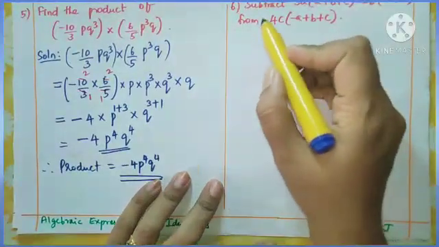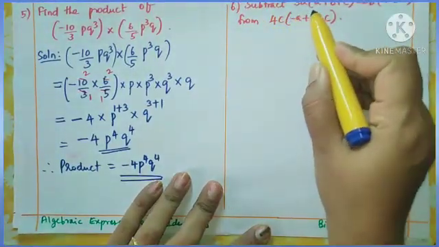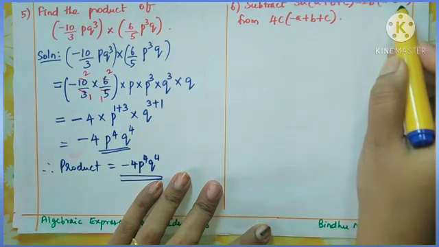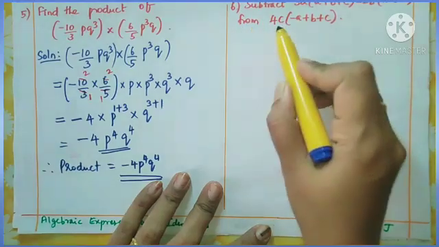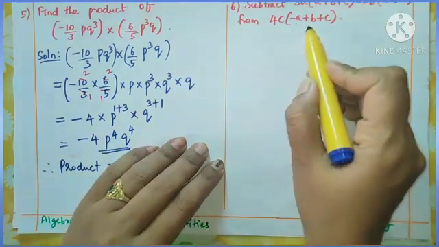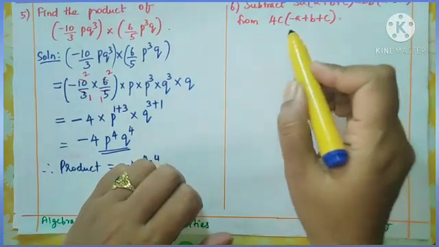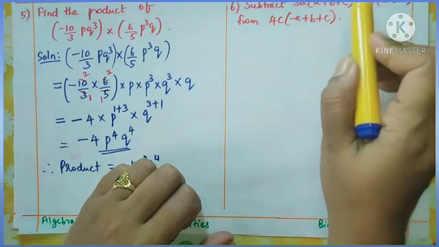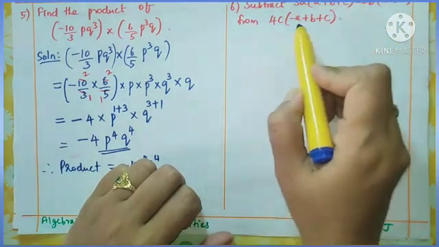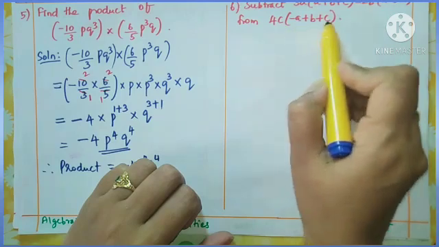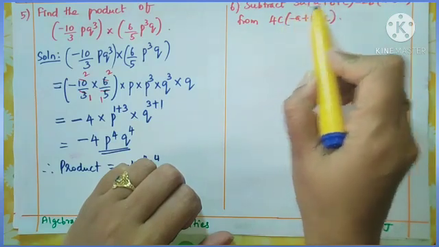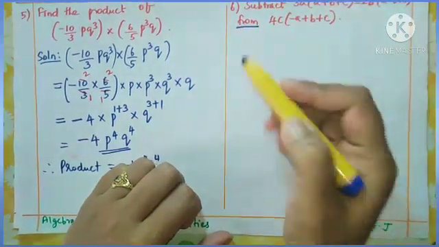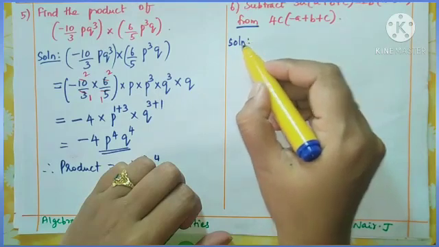Now see this question. Subtract 3a(a + b + c) − 2b(a − b + c) from 4c(−a + b + c). So here what you want to do? Here there is an expression given. We want to simplify this, and this should be subtracted from this one. Okay, so this second polynomial is to be written first, and then we need to write the first polynomial because there is a word from. Okay, so first we want to simplify the given expressions.